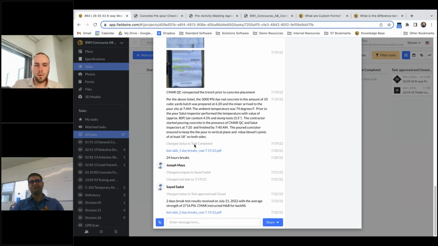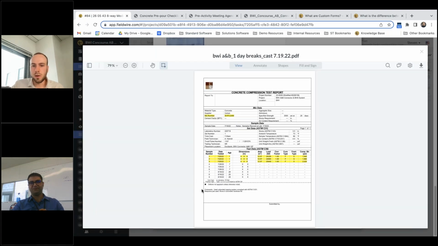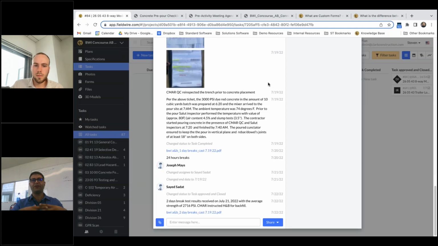Oh, nice. Yeah, I really like how you attach this PDF file. So this is the actual pour break, I believe, with the inspection. So does this just kind of keep everything organized? Like you have all your inspections and everything related to the pour in one spot? Yeah, that is correct. And we want to make sure that every piece of information relating to that task is in one place. And what we do is at the end of the month, we send all these documents as a record copy to the owner's team. Oh, great.